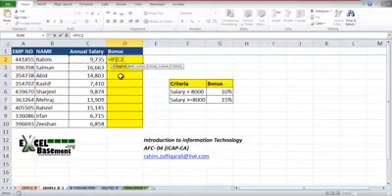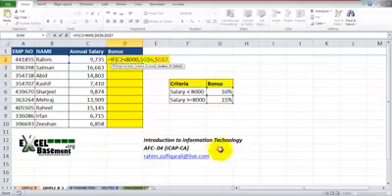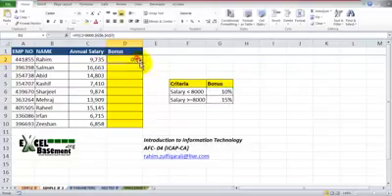So if C2 is less than 8,000, if this logical test is true, then write 10%, and I am making it absolute by pressing F4, comma, if this is true then give me 10%, else 15% for the remaining. Again I am pressing F4 to make it absolute. Why I am making this relative reference absolute is that when I drag this formula towards the next cells, I want these cells to be fixed, not moving downwards. Round bracket close, and I will copy this formula